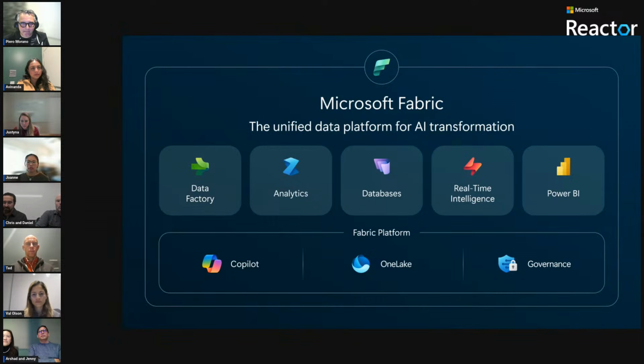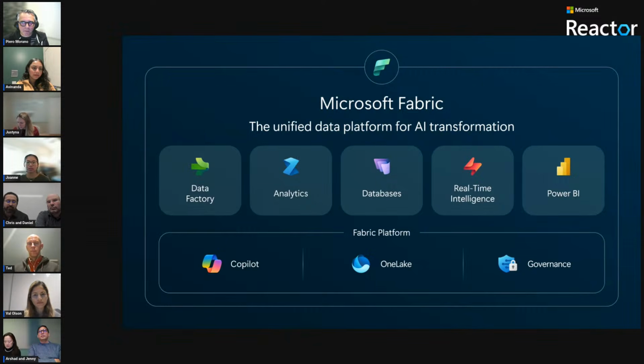Databases power modern, intelligent applications with built-in speed and simplicity. Real-time intelligence delivers instant insights and automated responses to streaming data. And Power BI provides AI-driven visualization and analysis directly where business users already work.